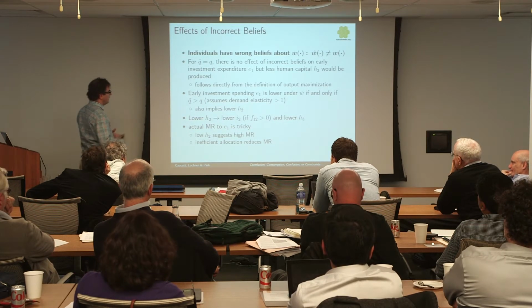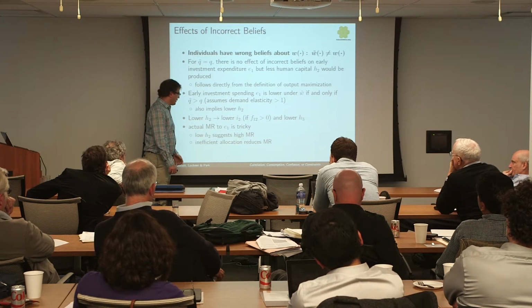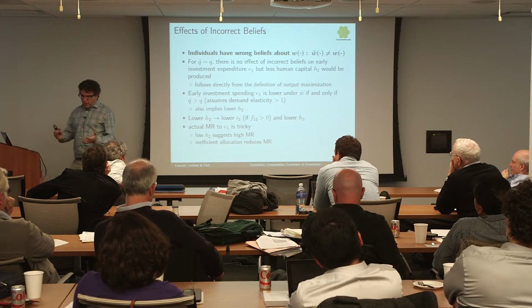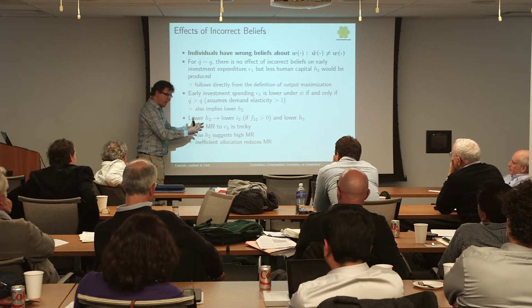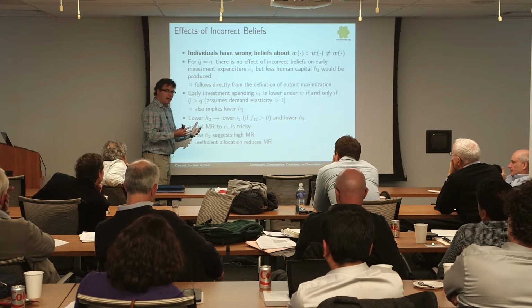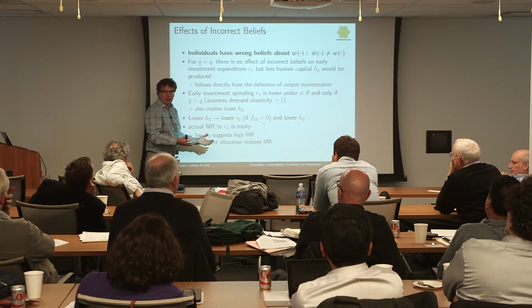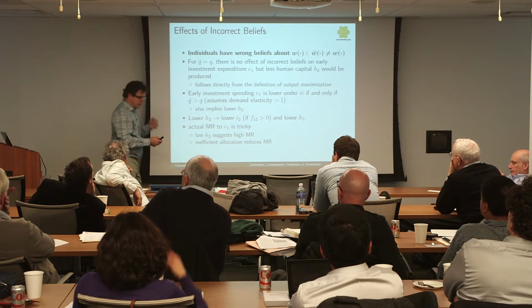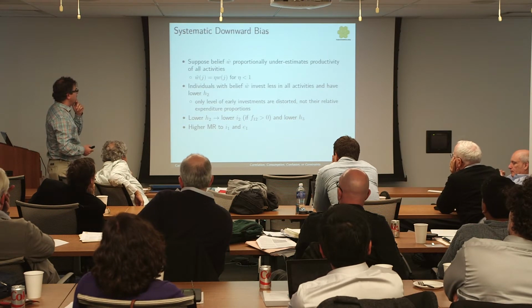It's really hard to say anything in this general case about what happens to the marginal return on expenditures. On the one hand, doing the wrong thing, you get less H2, less total investment out of it, so that tends to make the marginal return of $1 of investment high. On the other hand, you've got the wrong beliefs, so you're doing the wrong thing, and that makes it low. In general, you can't say which one dominates without putting a little bit more structure on it.